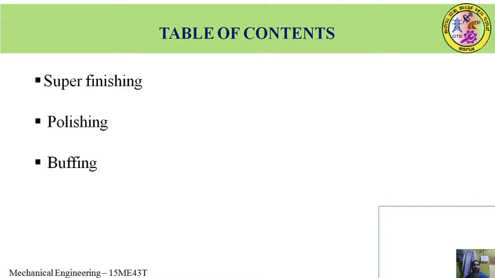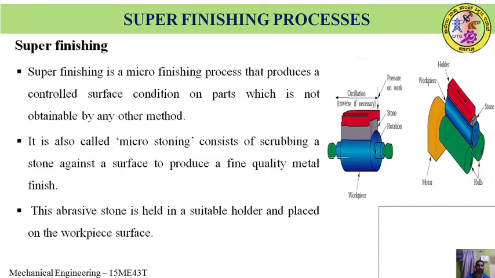Such applications require super finishing, which removes a very small amount of material, varying from 50 to 100 microns, but gives a good surface finish. Any marks or oval shape produced by other machining processes, or any tool marks, will be removed by these super finishing processes. In today's session we are discussing the super finishing process.